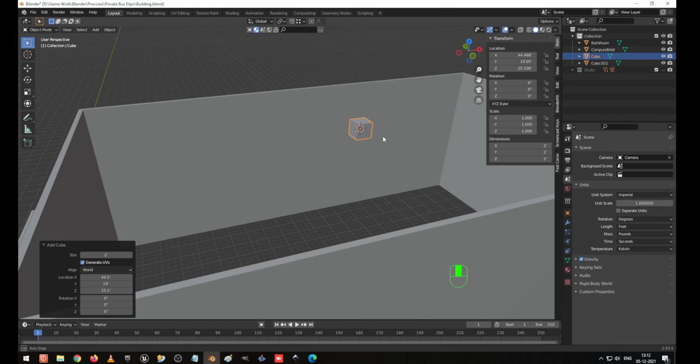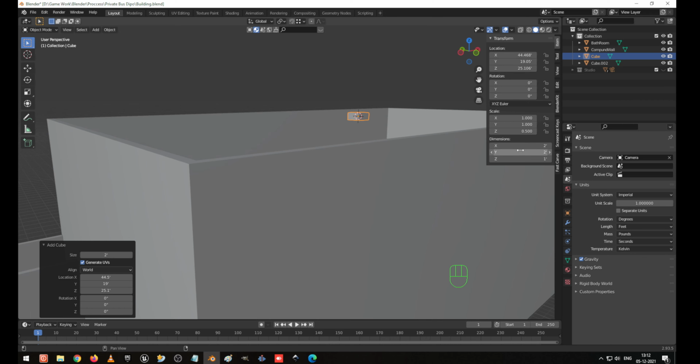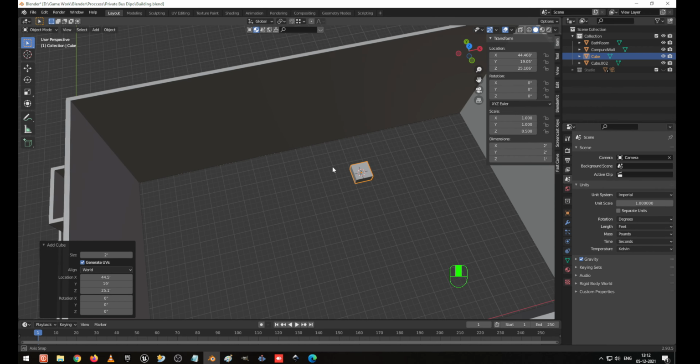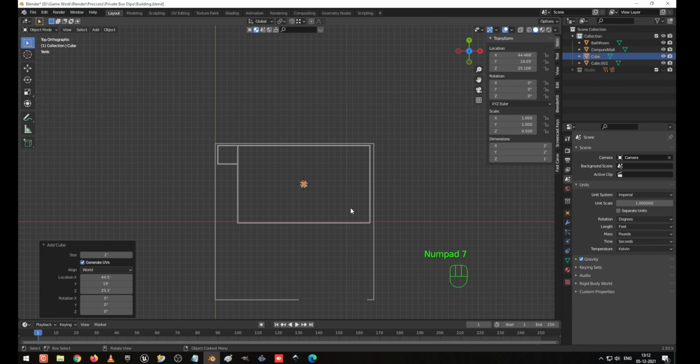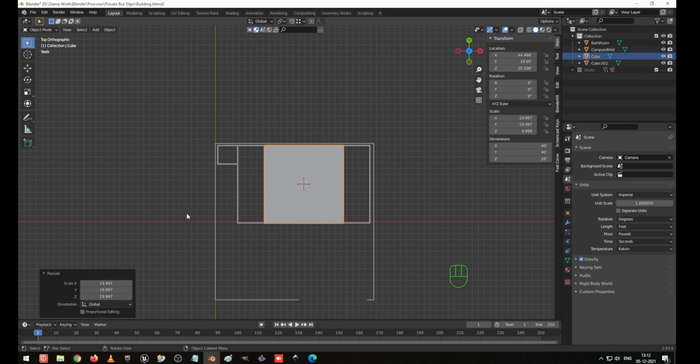Which size am I going to give? The 2 feet is very big, I'm going to give 1 foot for the wall ceiling, right? And others everything is okay. I go to the top view and scale it up. Okay, I go to the edit mode.